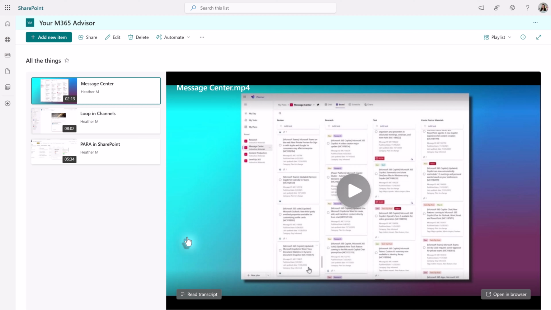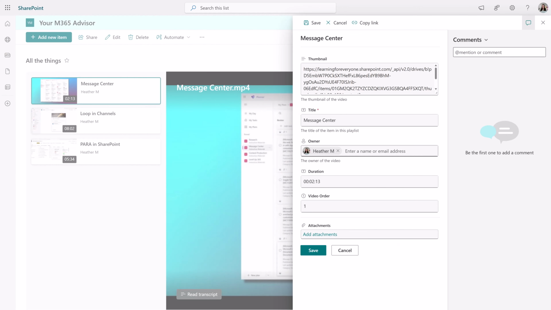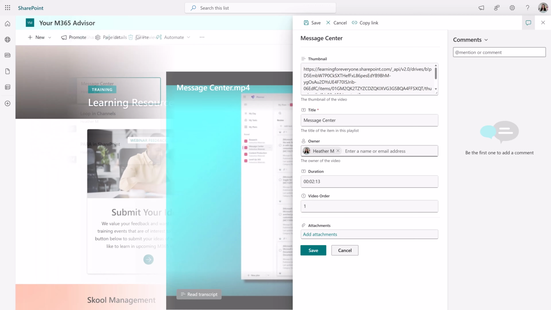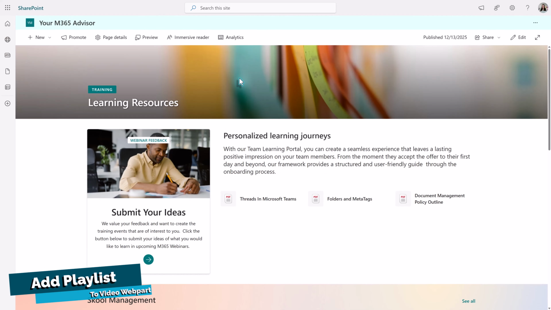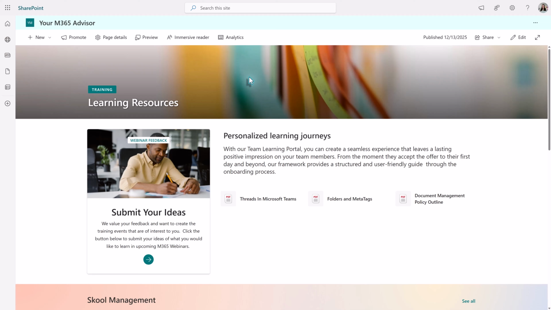If you want to verify, select any video, then click the edit icon in the toolbar at the top of the page. In this example, I selected the first video and the video order field has the number 1 in it. Now that we have our video playlist, I've navigated back to the fake SharePoint site for learning resources,